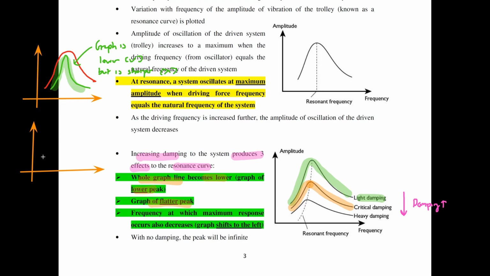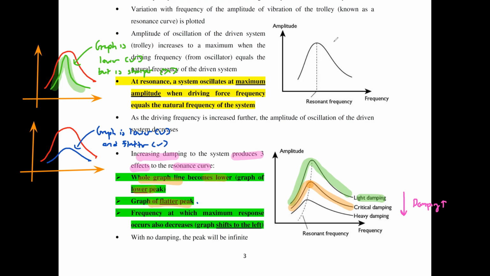this one being the original line here, if I wanted to draw it correctly with increased damping, it should have been something like this. This one, the graph is lower, correct, and flatter. This is what we want. So that's why here there's a second criteria where your graph must be drawn flatter than the one before it,